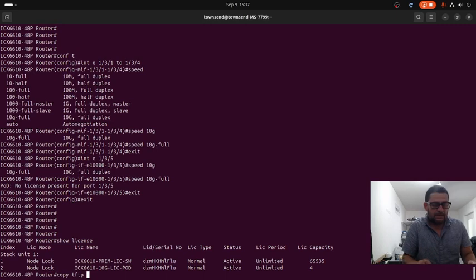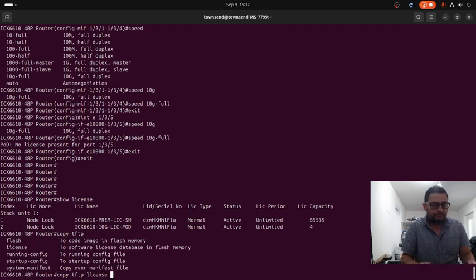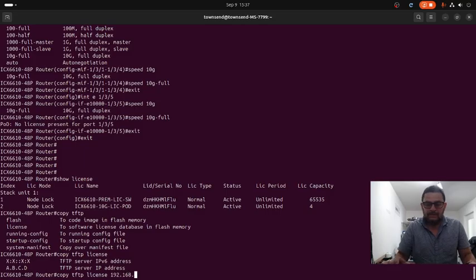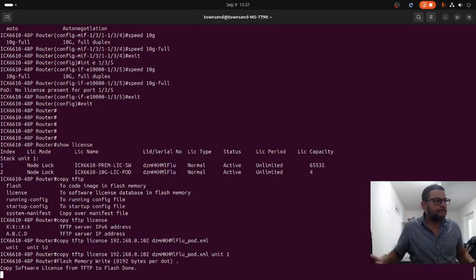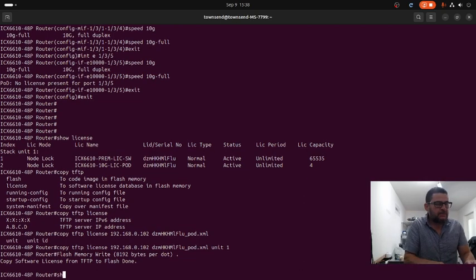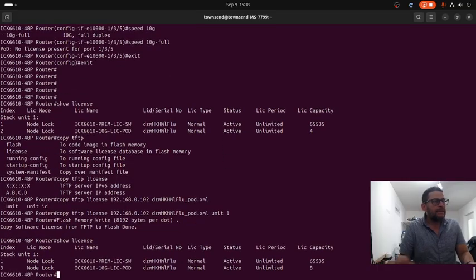Copy TFTP to license 192.168.0.102, the license file, which is this one right here, and the unit number, unit 1. Enter. So that will basically just take a minute maybe, because it's just a text file. Let's see, show license. There we go. Look at that. So this activated the other 4 ports. Sorry. So now I can go into the